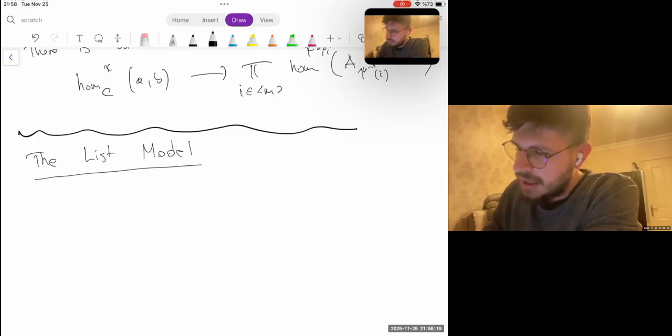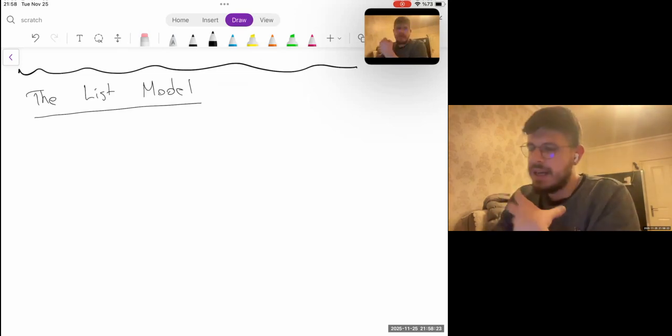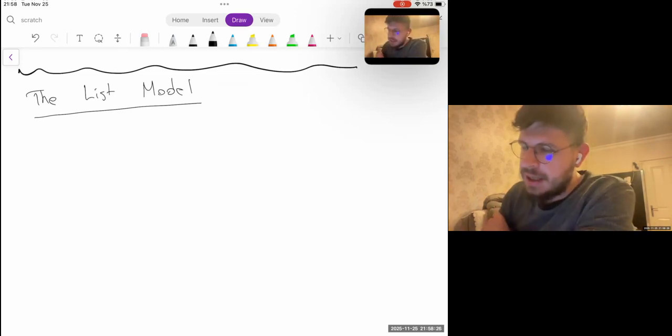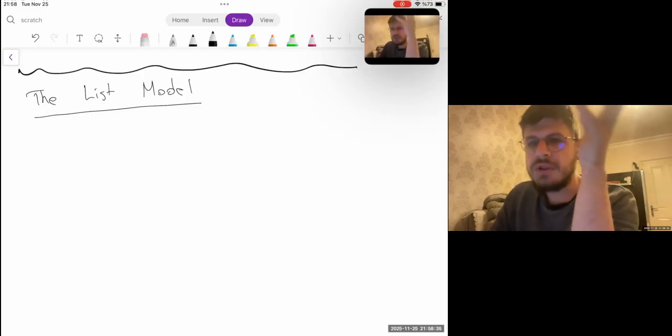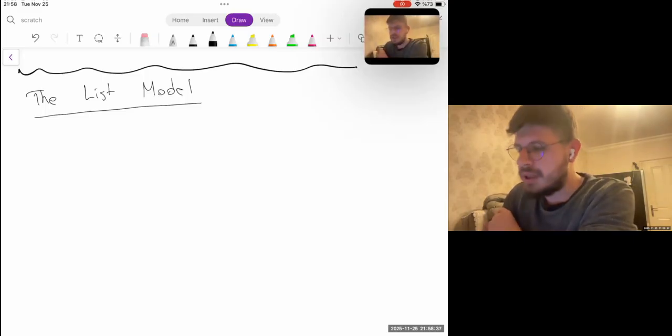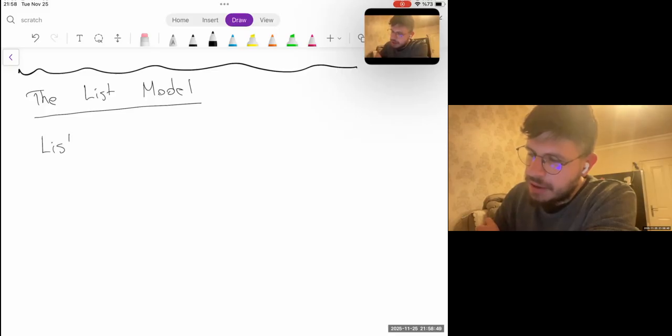The list model. People have a desire to find a model for infinity operads which is more straightforward and intuitive. Depending on what you want to do, there are tons; there are more models for infinity operads than for infinity categories. Nonetheless, our idea is that we define a category which we call list,